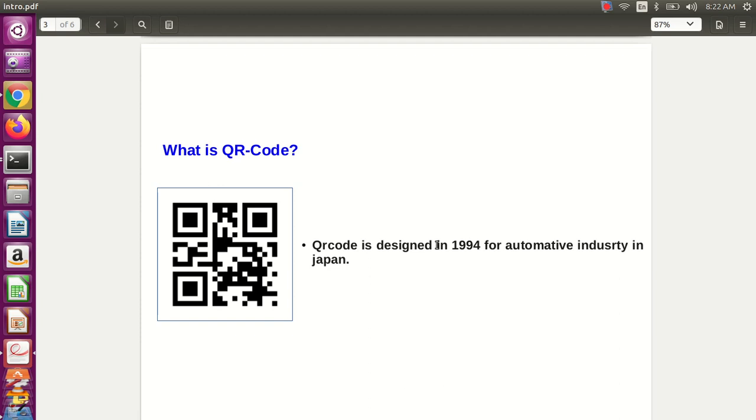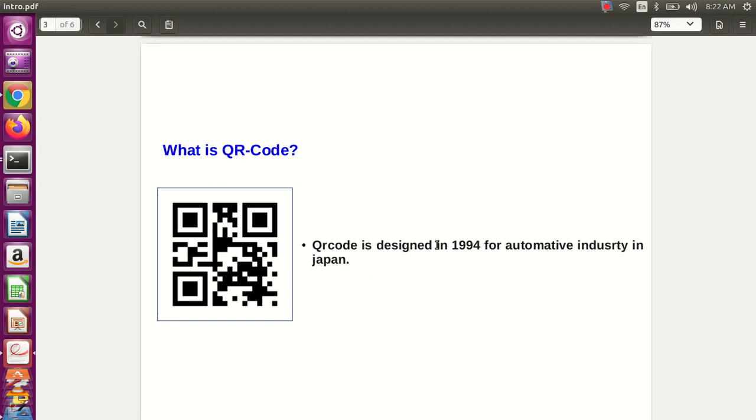QR code is used to store personal information like Wi-Fi password, your website URL, text message, YouTube channel URL, etc. Whatever information you want, you can store in QR code and generate your QR code. It is a two-dimensional pictographic code. So this is a little bit of information about QR code.